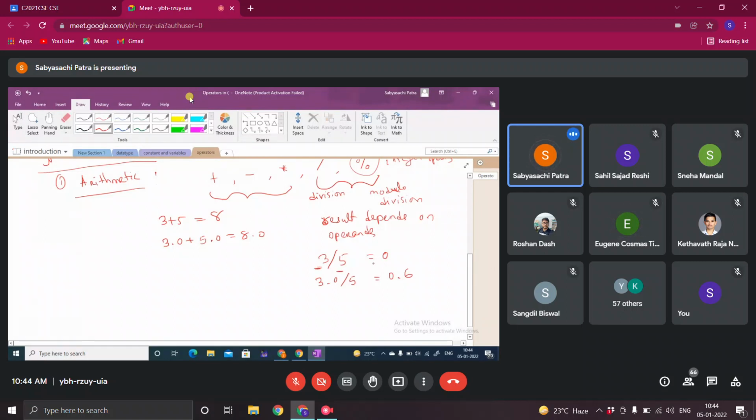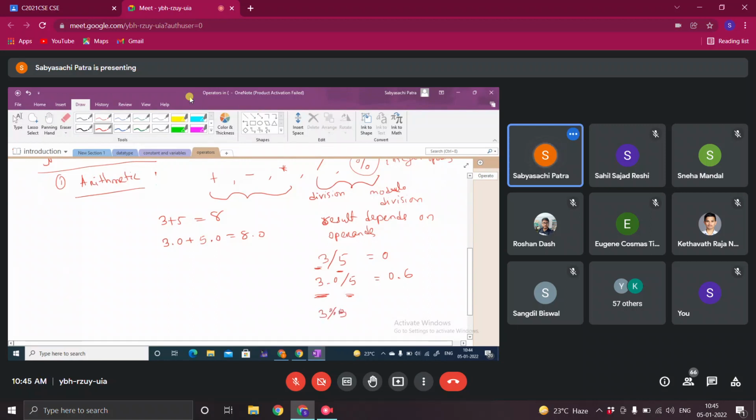If both operands are integer, then integer arithmetic will take place. If one of the operands is real, then real arithmetic will take place. Integer arithmetic or real arithmetic, depending on the operands. Clear?